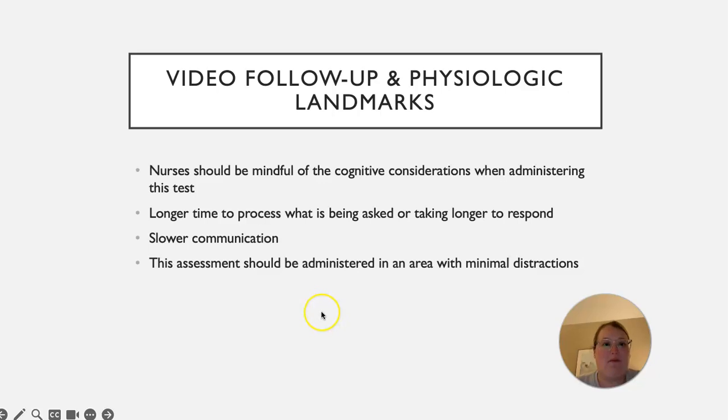Alright, so to follow up from the assessment video, a couple of things about the physiological landmarks. With the MoCA test, it's kind of hard to point out any physiological landmarks, but some things that nurses should be aware of when they're completing this exam on patients is, of course, the cognitive considerations. So that can be that patients who are already diagnosed with a cognitive impairment, and we are just doing this MoCA test to keep track of their cognitive decline over time, we want to know that those patients are going